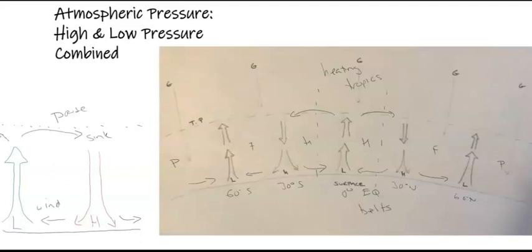So the high pressure I would call the leaf blower. It's going to blow stuff on the surface away, and then the low pressure would be our vacuum cleaner, and that would suck in air up to high altitude. So this combination of high and low pressure moves heat around the surface and around the atmosphere, namely the troposphere, which this is showing, but also is going to stimulate wind systems on the surface